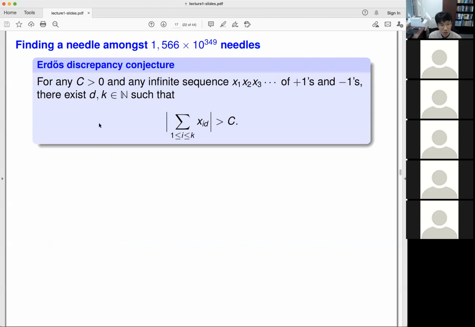What that conjecture says is that for any natural number C, for any infinite sequence of +1 and -1, you can always find an arithmetic progression, in a sense an equally spaced subsequence, whose sum, in absolute value, is greater than C. So for example,